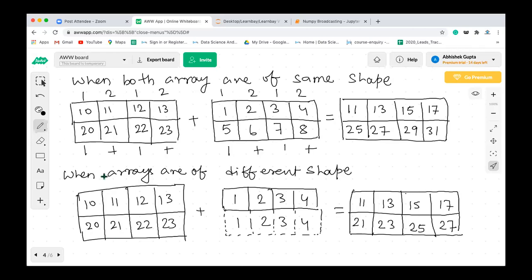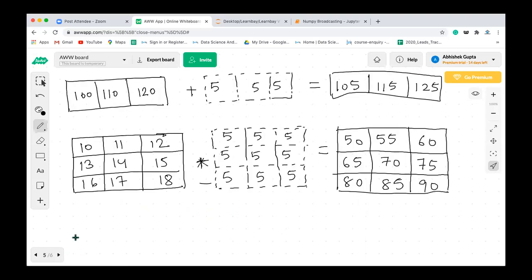We have seen that this is the array of the same shape, that is how the calculation is done. Now if you have a 2-dimensional array and a one-dimensional array, and you want to perform an arithmetic operation, let's say addition, then the array is broadcasted along the rows. Then we saw how, when you add one scalar quantity to a single dimensional array, it is broadcasted along the columns. So, one scalar quantity.